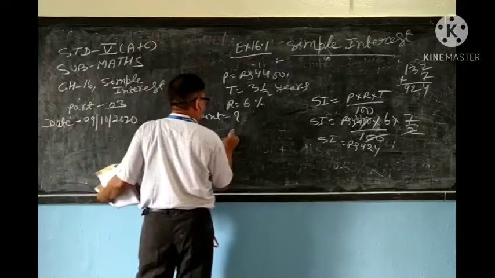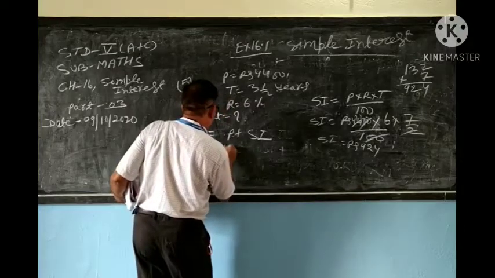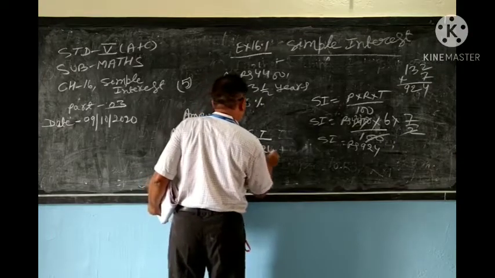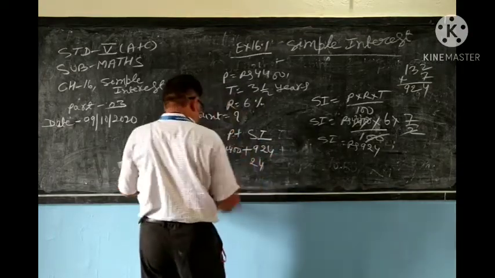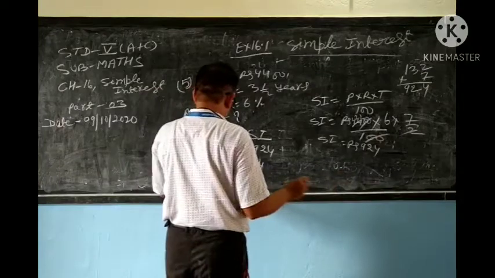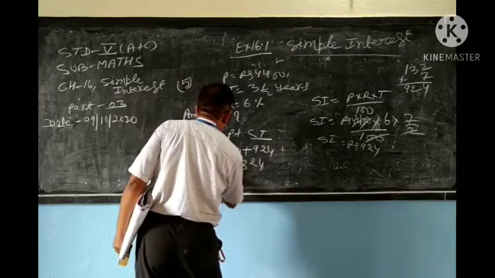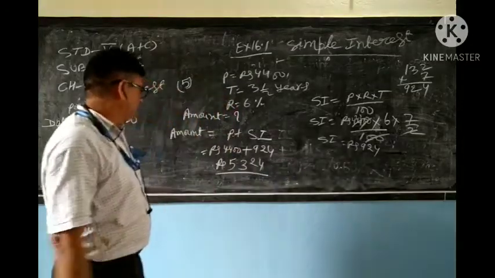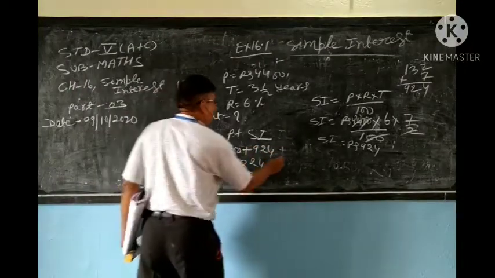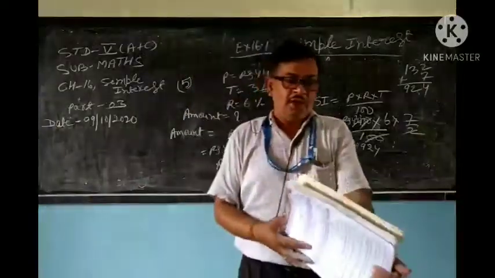Now amount is equal to P plus SI. Now rupees 4400 plus 924. So this is your answer, rupees 5324. Now understood? And listen, go through our video, and if you have a problem, please